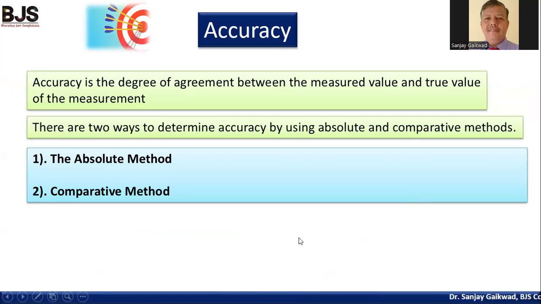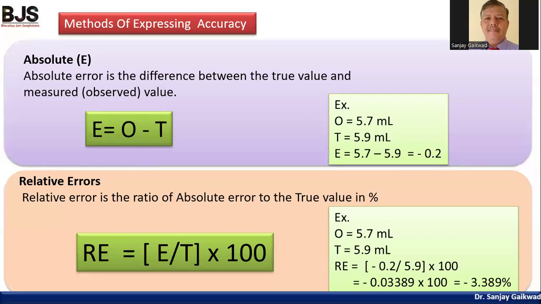Now, accuracy is the degree of agreement between the measured value and the true value of the measurement. There are two ways to determine accuracy: the absolute method and the comparative method. If we look at accuracy in terms of absolute error, absolute error is the difference between the true value and the measured value. That is, E equals observed value minus true value. For example, the observed value is 5.7 ml and the true value is 5.9 ml, and therefore the absolute error is minus